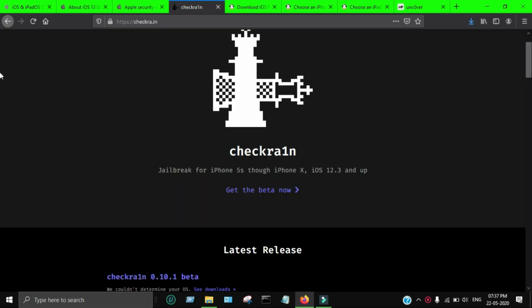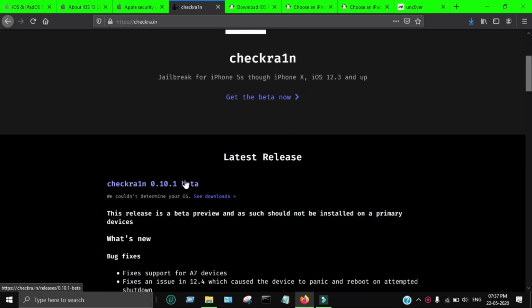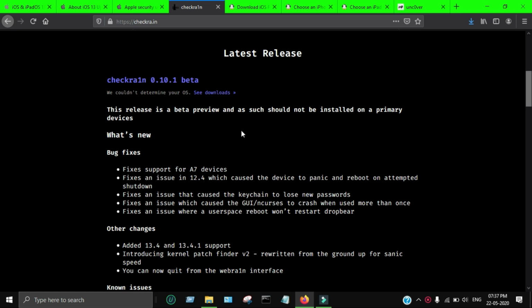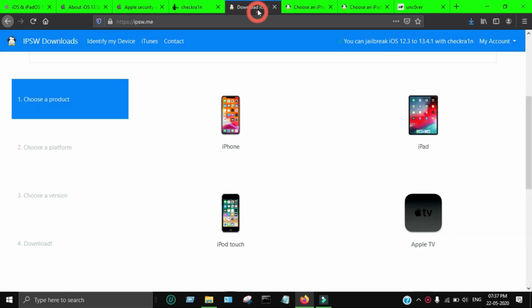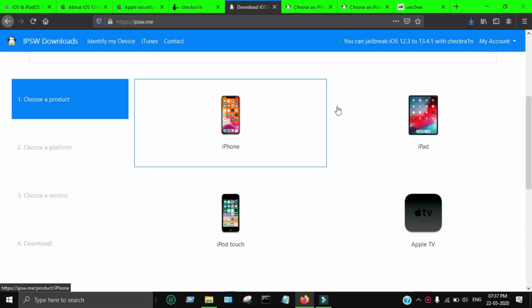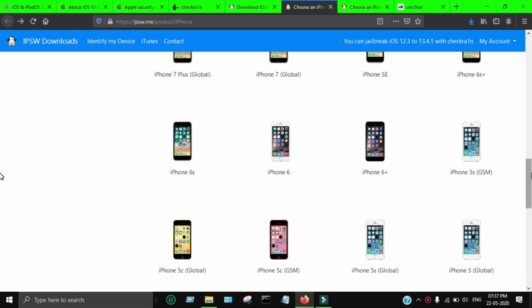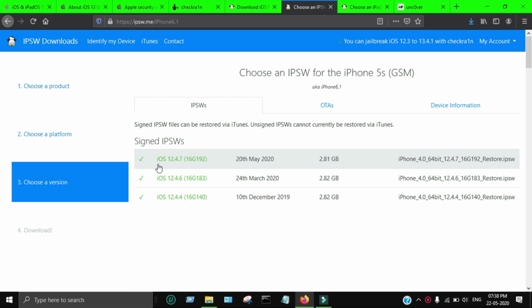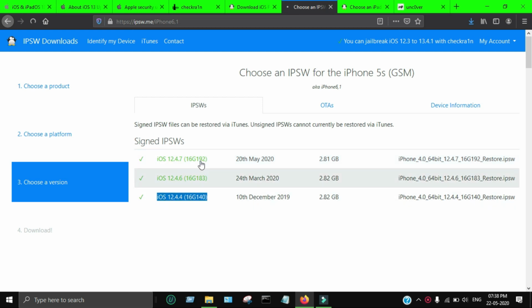And the next main question is how we can jailbreak the latest iOS 13.5 with Checkra1n. As we can see, it is still on the 0.10.1 beta version, that is the previous version. It has no update, but we can use this 0.10.1 version to jailbreak the latest iOS 13.5. As you can see, these are the iPhone models that are supported by the Checkra1n jailbreak. It's iPhone 5S to iPhone X. All these models are supported by the 0.10.1 version. You can jailbreak it with the latest iOS 12.4.7 and 13.5, so you can jailbreak both iOS versions.